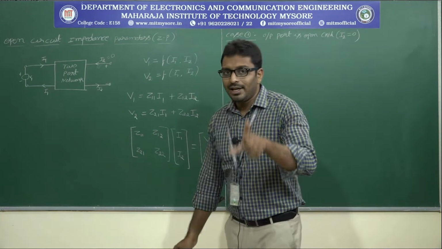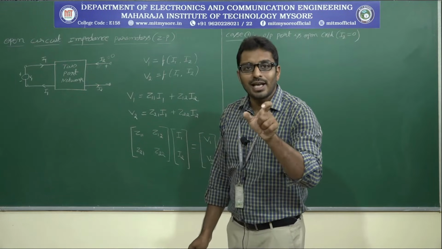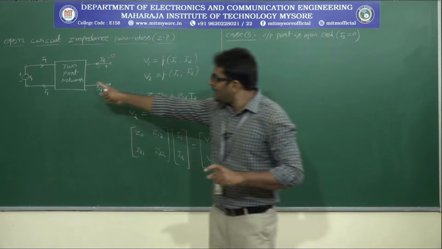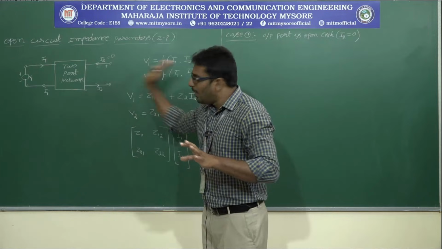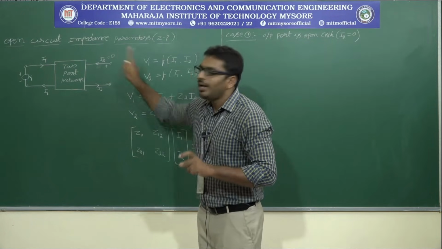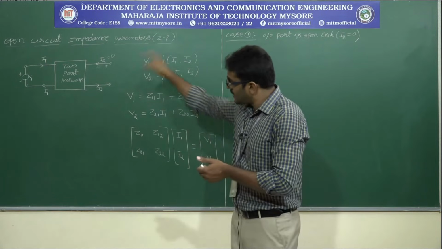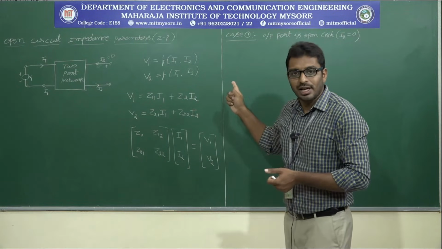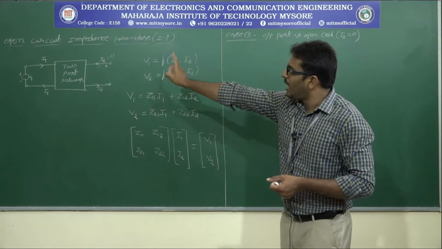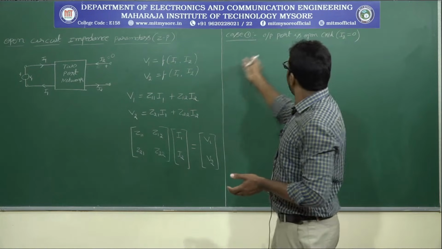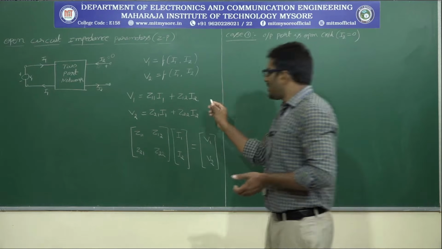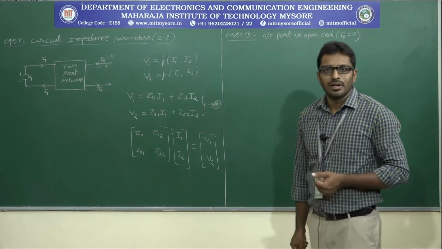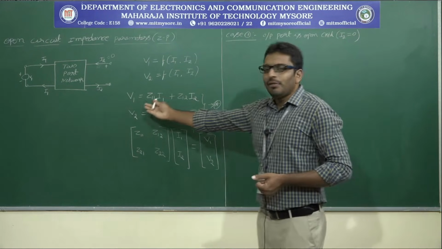See, when you are writing this answer in the examination, write a separate circuit at this point. After case 1, write a separate circuit. In that circuit, the load is removed and also indicate I2 is equal to 0. I am just altering the same circuit, but you need to write a separate circuit for case 1. What is the case 1 circuit? Remove the load and make I2 equal to 0. Next, substitute I2 equal to 0 in this set of equations, let me call it star. Is it clear?